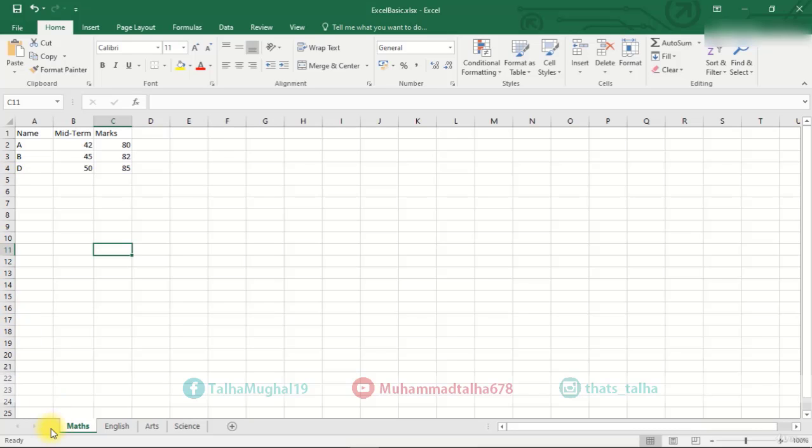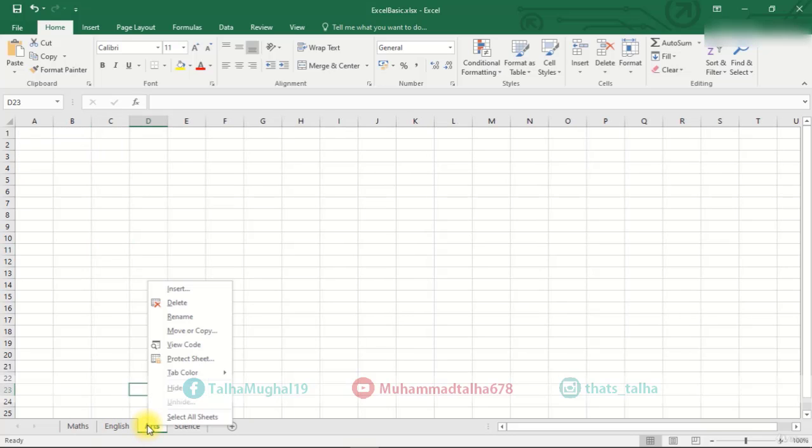The process is same. Right click on the sheet name and select hide. Hiding sheet is a common practice in businesses. Very often, only a sheet containing summary of the data and charts or graphs is visible. Other sheets containing detailed data are hidden. If anyone wants to look at that data, they have to unhide the sheet.